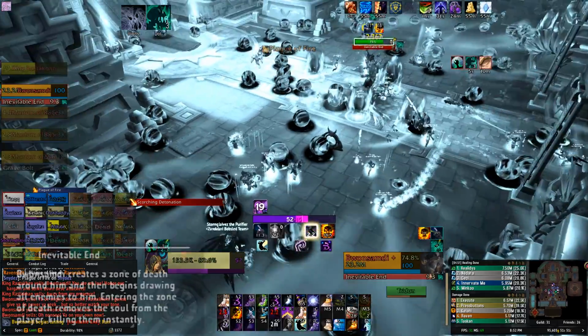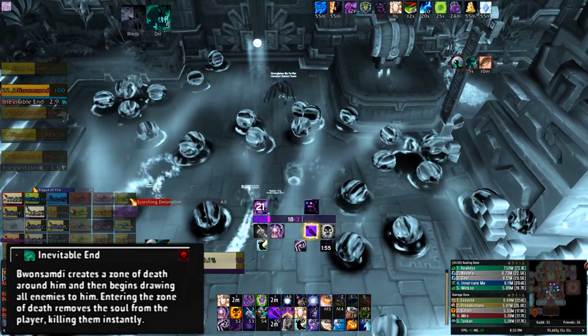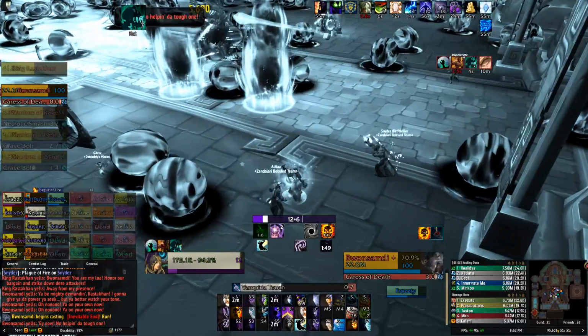Bwonsamdi will also cast Inevitable End. You'll see a huge AoE appear around him, and he'll start sucking players towards him. You need to move away from him as he starts casting this, and get as far away as you can. If you're too close to him when this cast finishes, you'll either die instantly or take a huge amount of